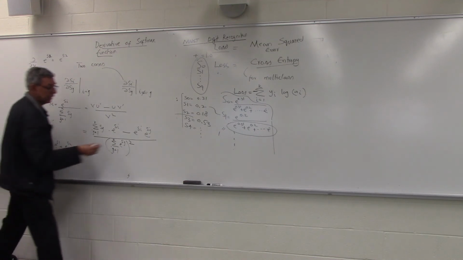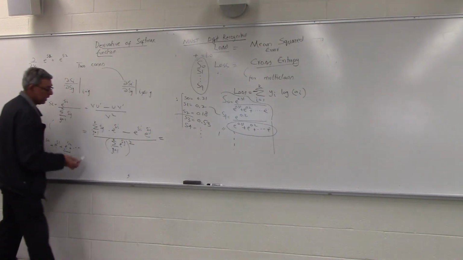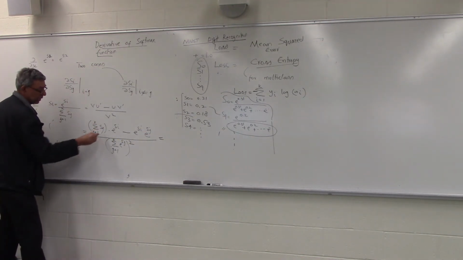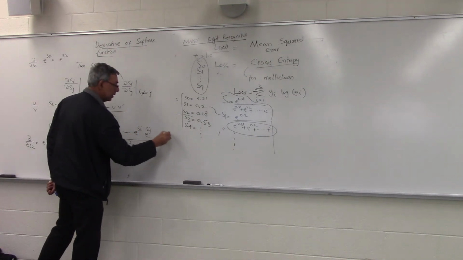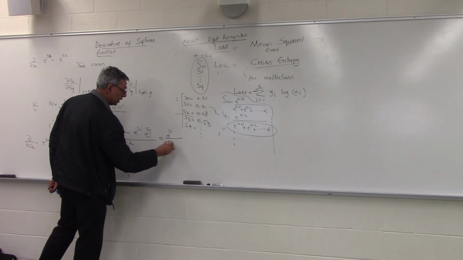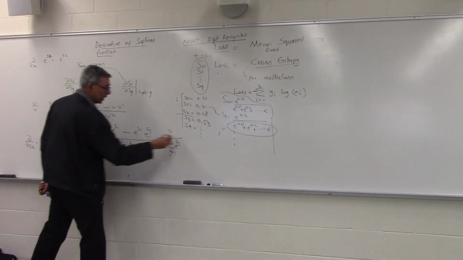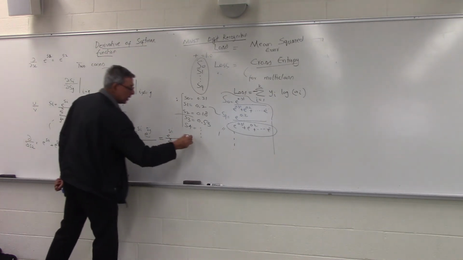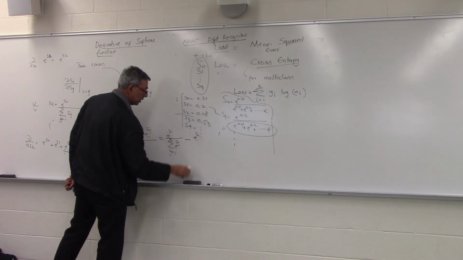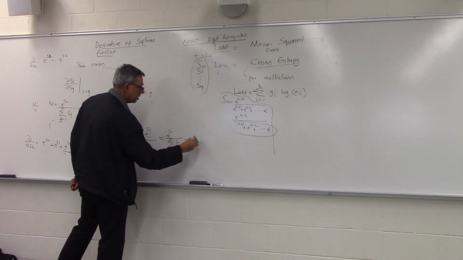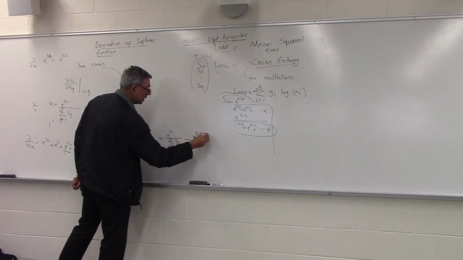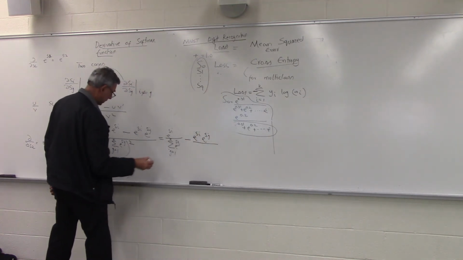Okay, so this is easy now. One of these terms gets cancelled with the square. So this becomes e raised power si over the sum over j equal to 1 to k of e raised power sj, minus e to the si, e to the sj over